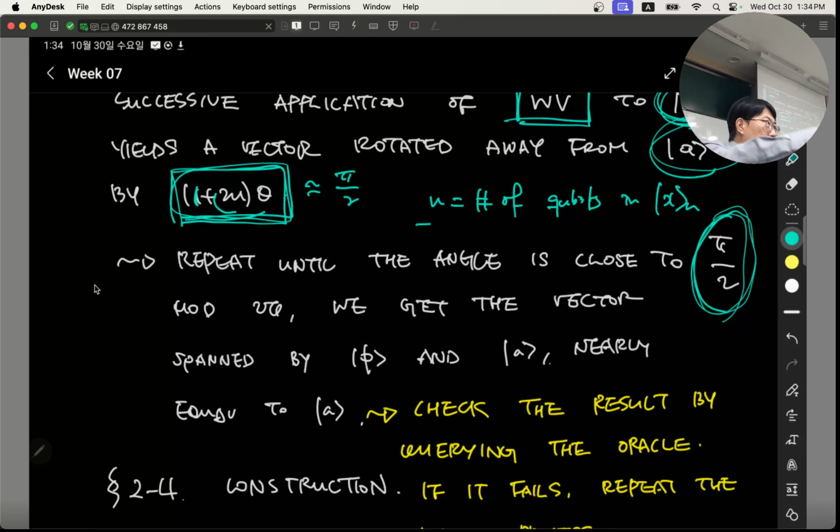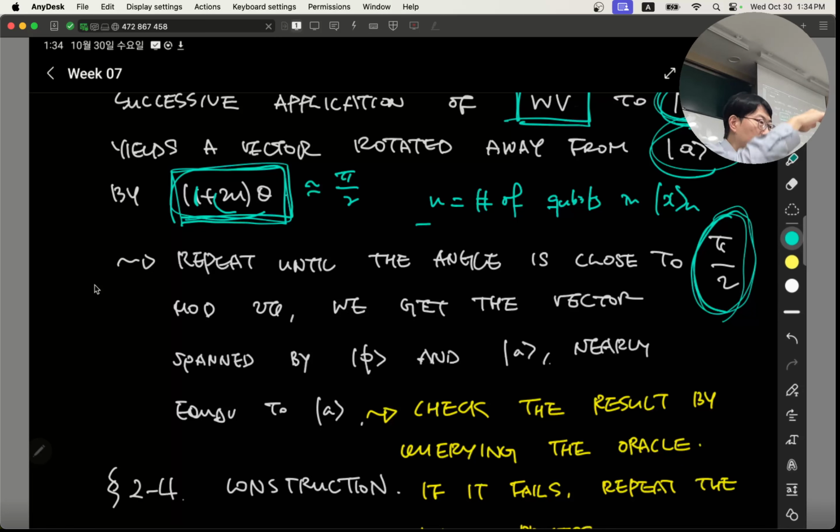You measure it, and ideally it must be almost equal to A. Right? So the measurement outcome should be the same as A because there are no other vectors nearby A other than A itself, because each digit of the string A is discretized,